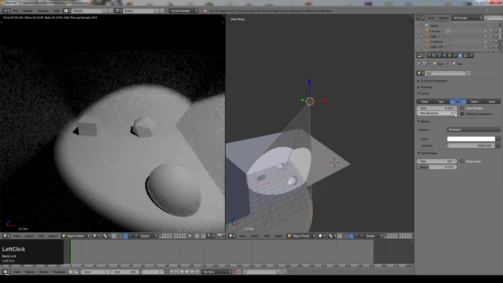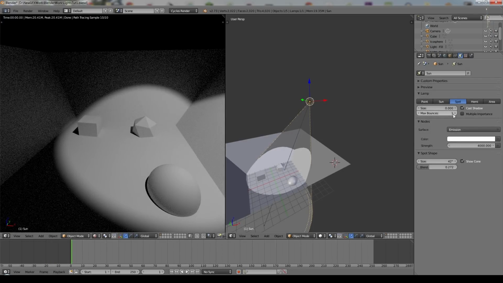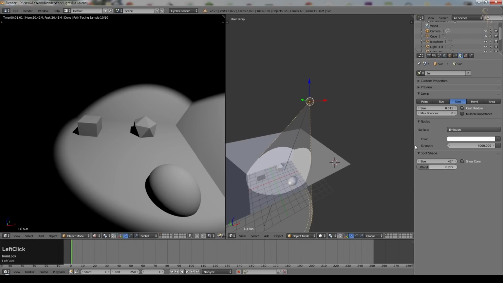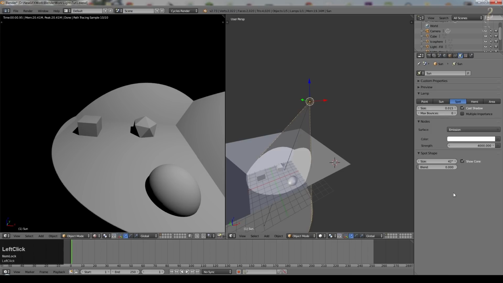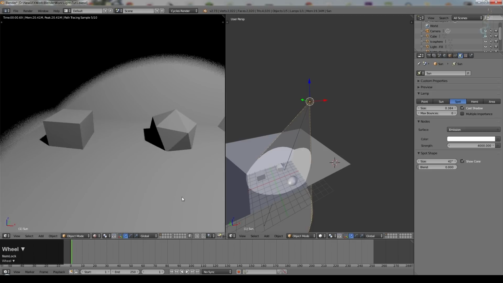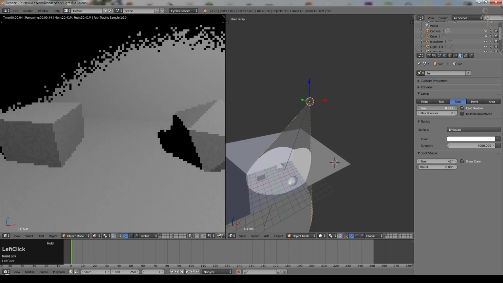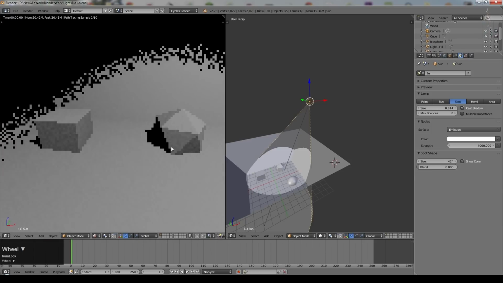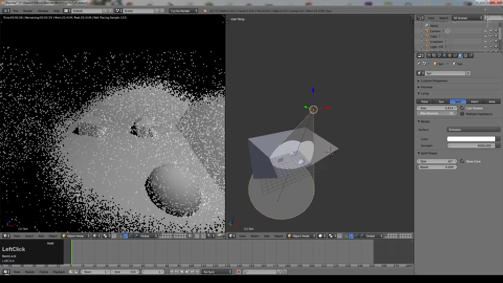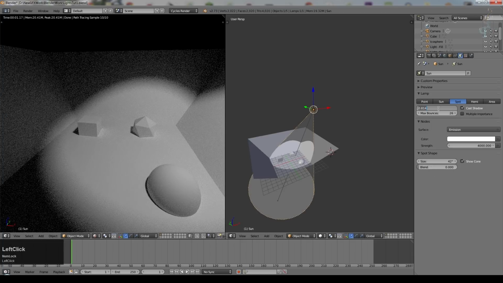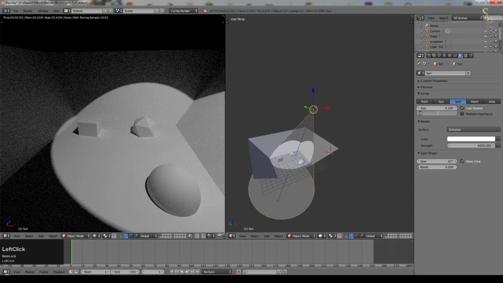If I turn bounces back on, the scene gets a bit noisier, but obviously we start to get a bit more light around the scene as it bounces off. And if I turn the size up and the blend down, so blend is at 0 now, but I'm going to turn the size of the lamp up. Again, we get that blurry edge. But what we also get, of course, it's hard to see at the moment, is more blurred shadows. It's not quite as pronounced as with the sun lamp, but it's still working in the same way. So again, you can play with all these different things to get the effect that you need. I'm going to set that back to 0.1, which is the default. I'll set that to 256, and we'll go on to the next lamp.